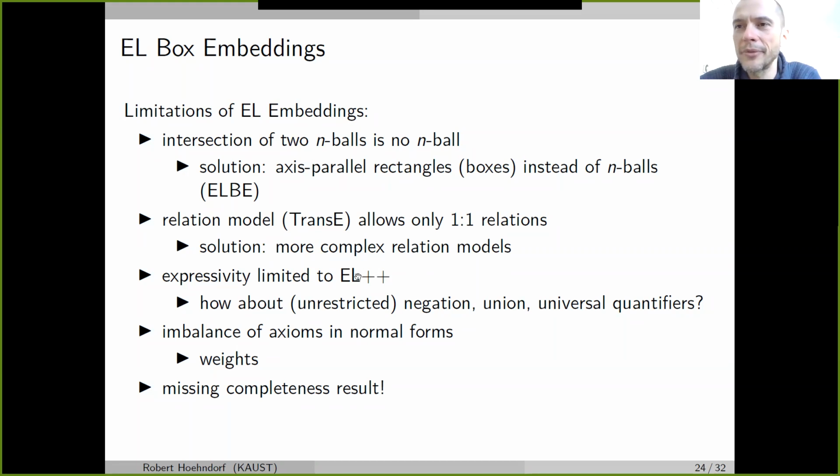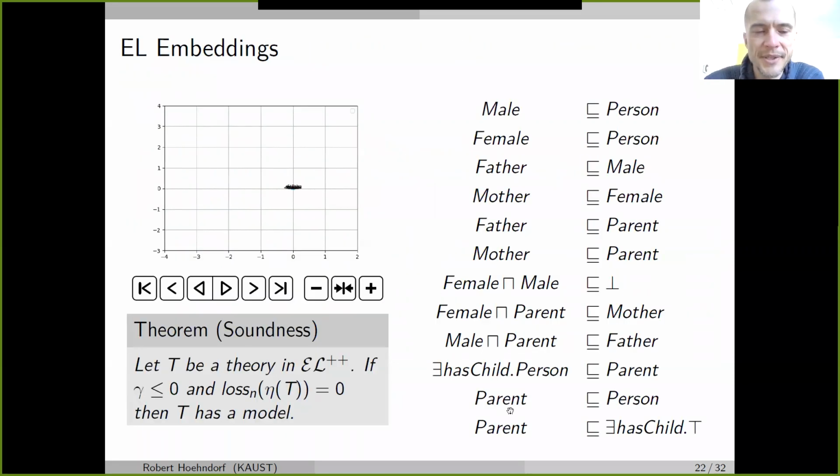The expressivity is still limited, so we have only done this for EL or EL++, this tiny subset of languages, but it's the most common fragment of description logic or of OWL, which is used in biomedicine. So in some sense, it's good for us, but it's not yet there. There are some issues on the number of axioms in each normal form, but there's one crucial limitation, and this is the last result. When you look at this soundness theorem, the soundness theorem sounds very nice, but it's of course